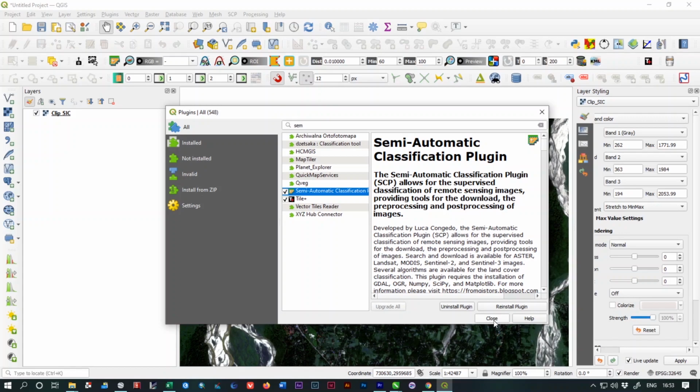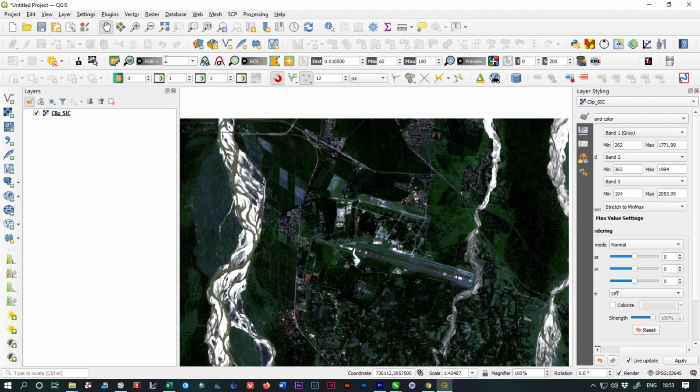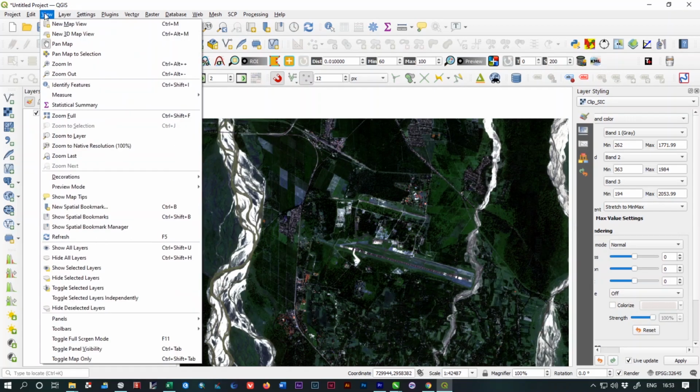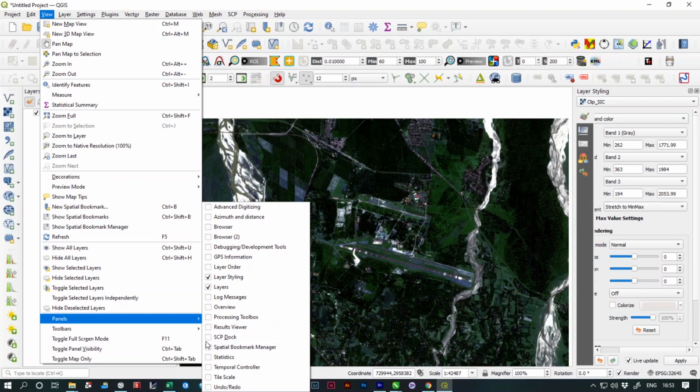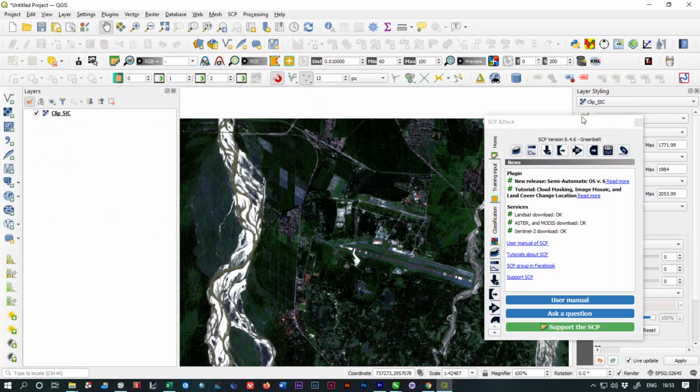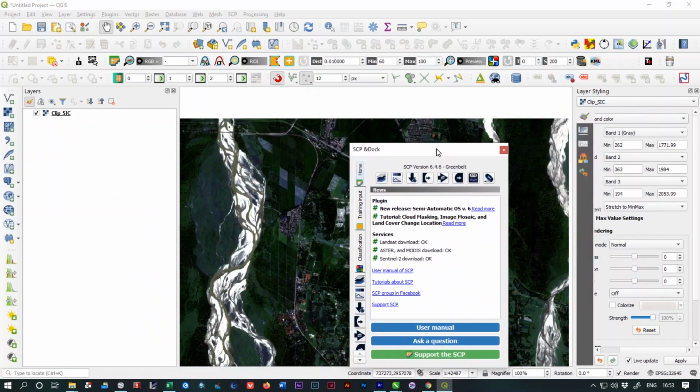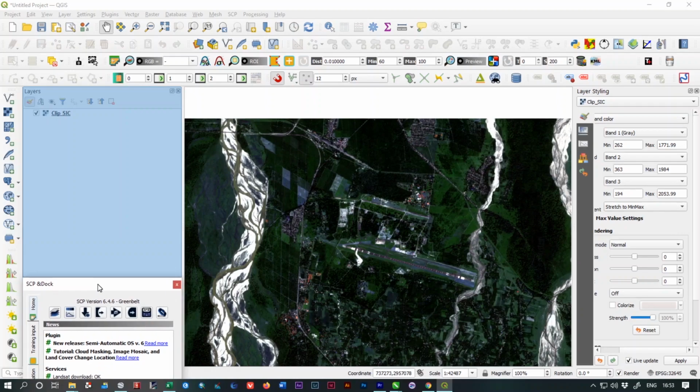It's a wonderful plugin for processing any type of raster data in QGIS. After installation of the plugin, you have to add the toolbar from the view panel and there is an option called SCP dock. SCP stands for semi-automatic classification plugin.